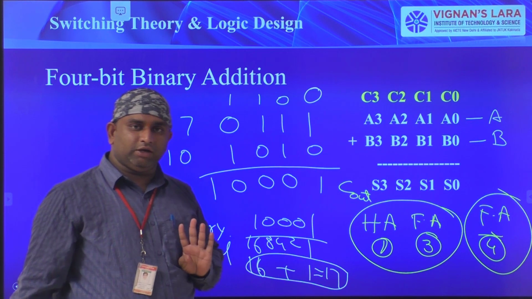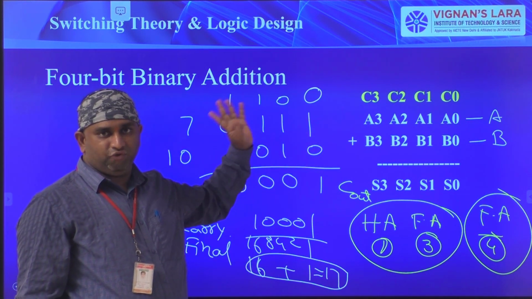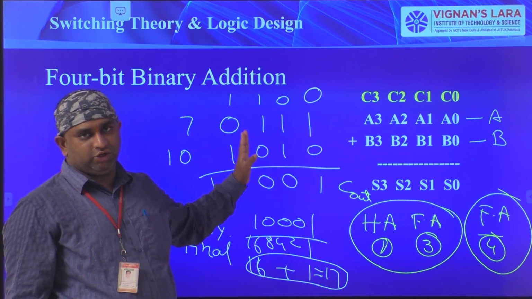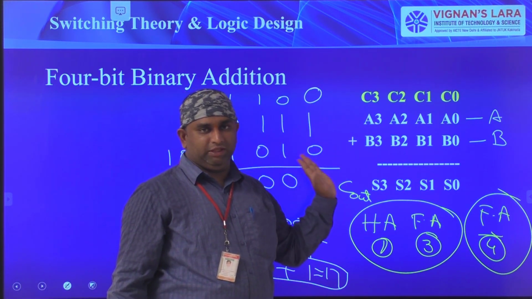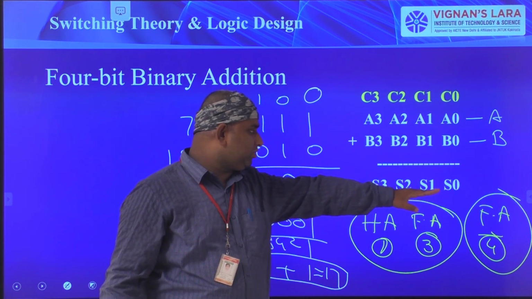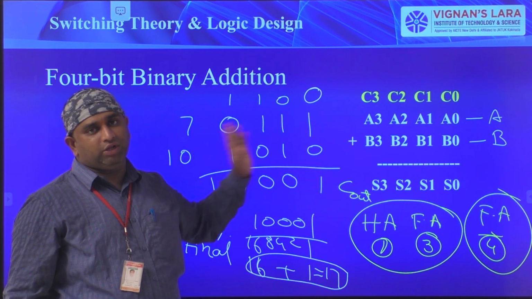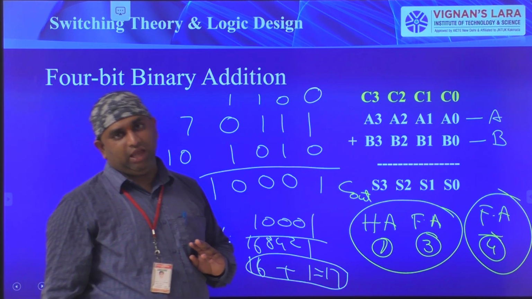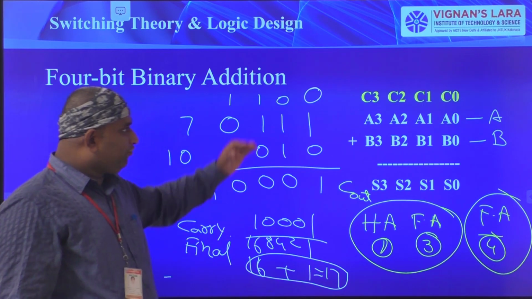In this 4-bit binary adder, A consists of 4 bits, B consists of 4 bits. A is equal to A0, A1, A2, A3, B is equal to B0, B1, B2, B3. So these are the A and B values, and these are the finalized sum values S0, S1, S2, S3, and C out is also available here. The finalized carry is C final or C out. So this is the 4-bit binary adder.